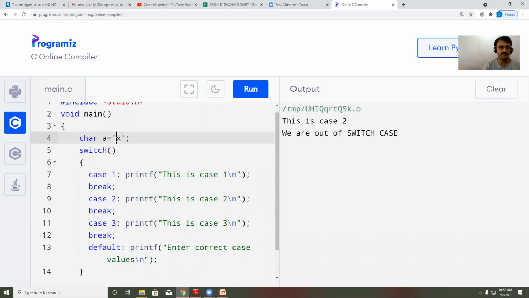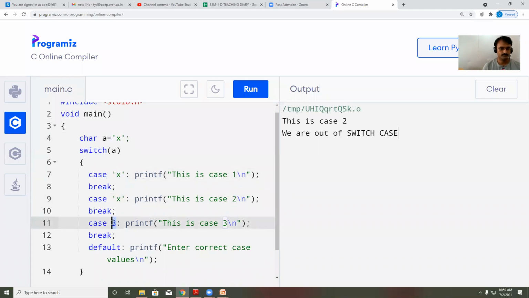So here I am using character constant A. I will write here now, let's say X, Y and Z. So I am having case X, Y and Z.